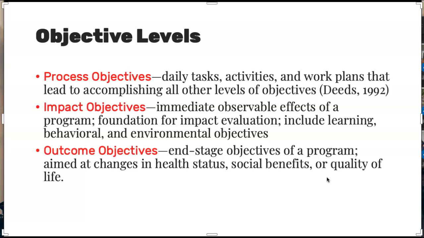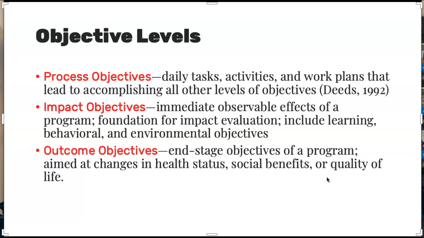Those are process objectives. Using that same example, impact objectives would be things like looking at student behaviors or knowledge or beliefs. So say you measure at the start and the end of your intervention, do students know what healthy foods are? What are their feelings or beliefs or attitudes about healthy foods? Those are the intermediate objectives that you're hoping to see between, okay, I did my activity, I hope to see this change in behavior,